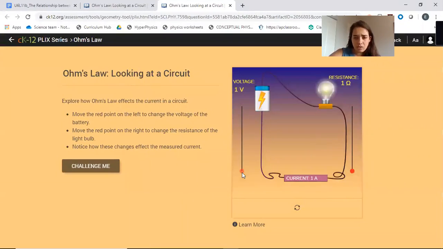Over here, there's a simulation where this is live. You can change what the voltage of this battery is, and you can change what the resistance of the light bulb is. And as we do that, you can see that the current here changes. So you can play around with that on your own. But over here, when